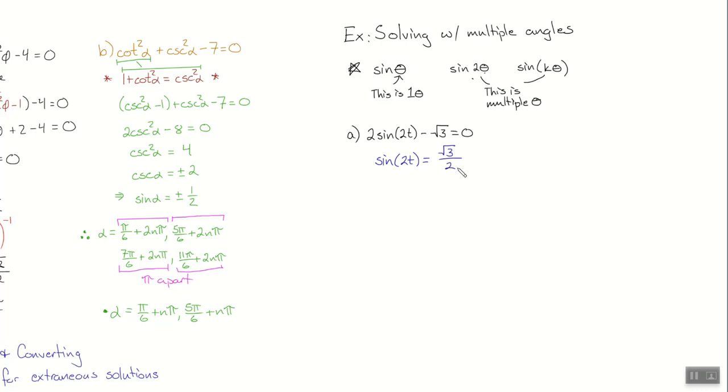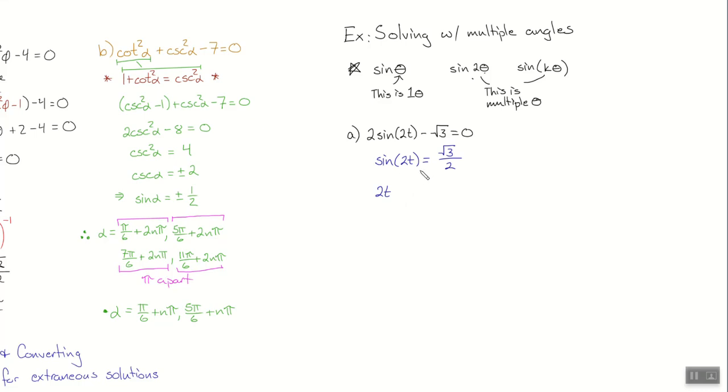Now, this is where the problems don't change, but we change the viewpoint just a little bit. I know that before, when we solved problems like this, we just had t. We write t equals this plus some amount of change. And it was always at 2n pi or n pi, whatever the case might have been. In this situation, I write this just a little tiny bit different. I know that 2t, my argument,